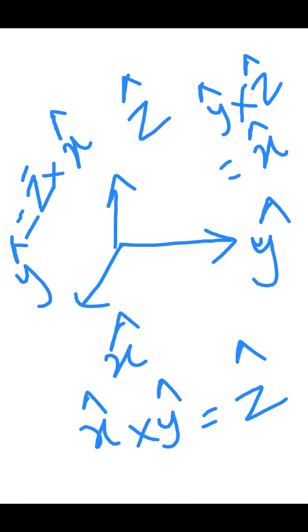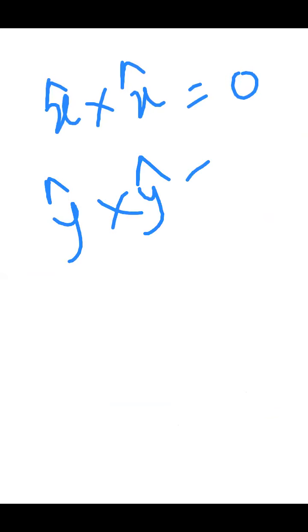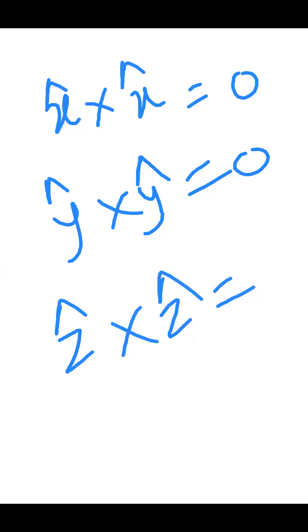But what happens if I take x cap with x cap? Anybody? 0. You are not at all making any angle. You are not at all rotating. There will not be any effect. If you take y cap with y cap, again you are not making any angle. For a rotation, you have to make an angle. Once there is no rotation, once there is no angle, then your value is 0. For z cap with z cap, again it is 0.